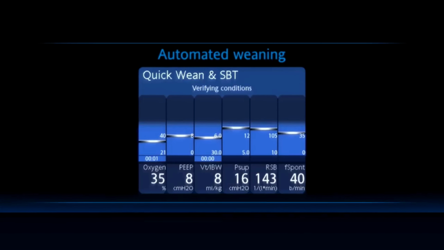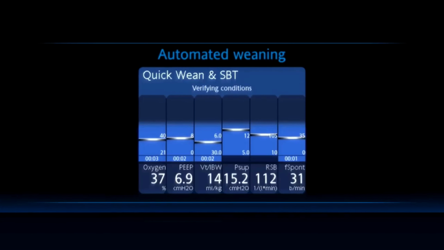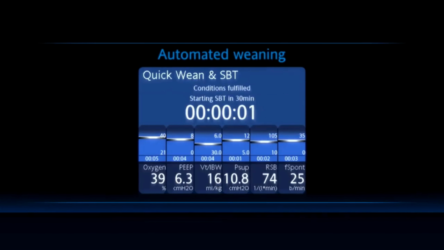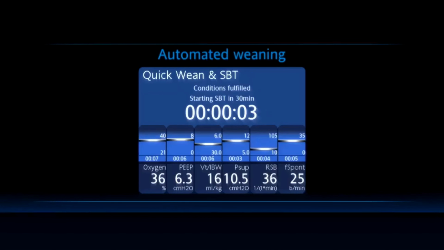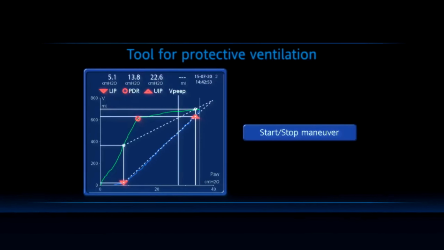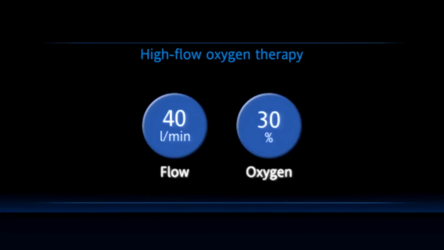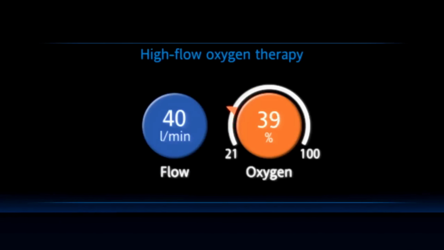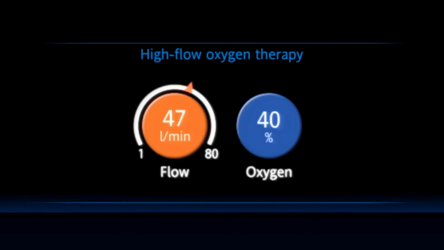The ventilator would even start to wean the patient automatically as soon as your weaning criteria are met. It would provide you with sophisticated tools to assess the lungs and to recruit the lungs. It would include the latest therapies such as high-flow oxygen therapy,